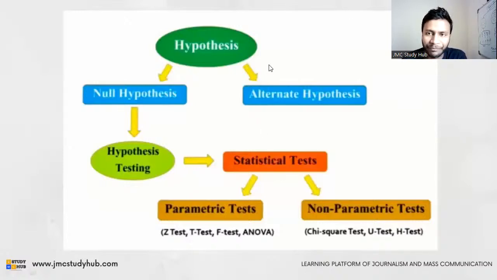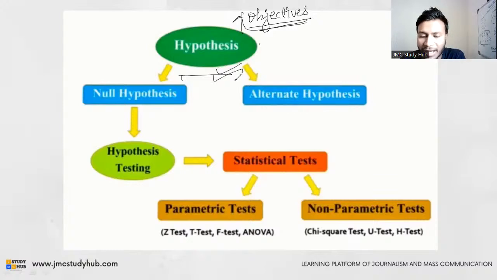So first, that is the hypothesis. When does the hypothesis come, after the objectives or before the objectives? Everybody tell me quickly. This is after objectives. Yes. And above it, what comes? Objectives, right? Yes, exactly. Very good. So according to the objectives, we make the hypothesis, and the hypothesis is of two types, that is